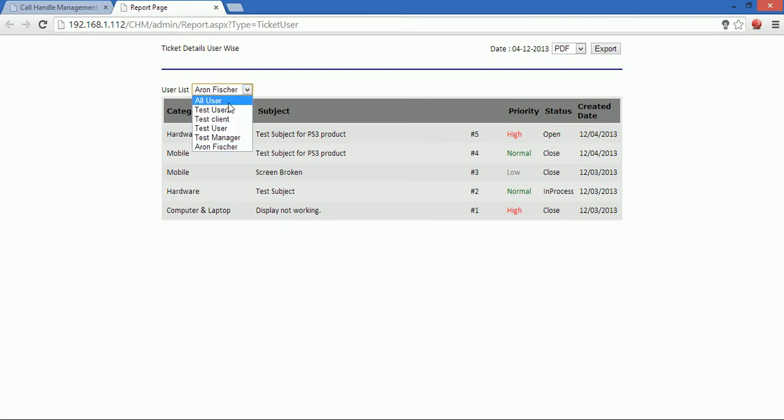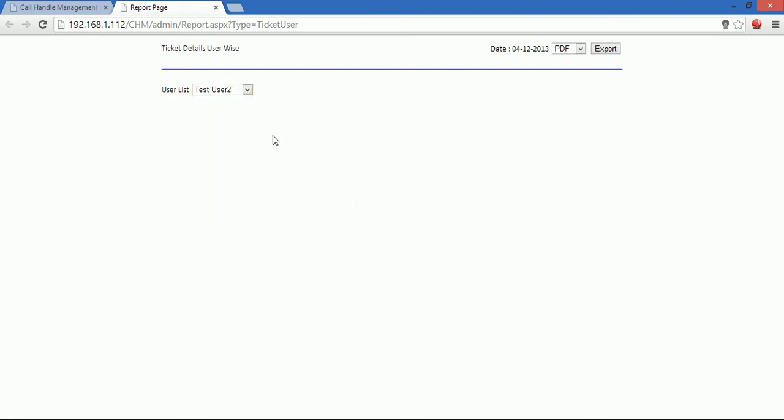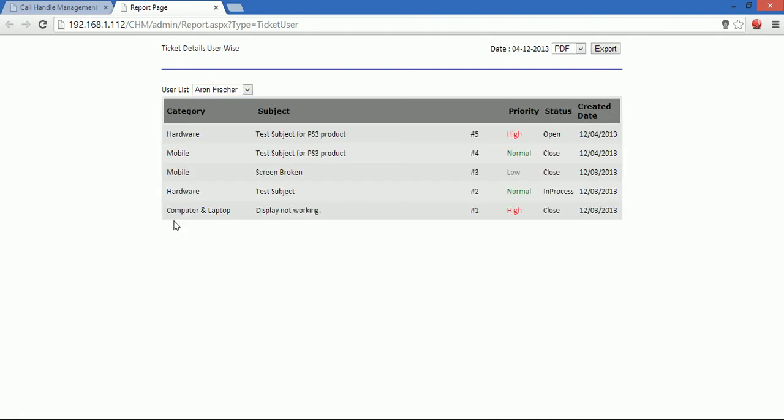If you want to see test user, then there are no tickets defined in the test user's account. If you want to export this report, currently we have defined four different formats like PDF, Excel, Word, or CSV.